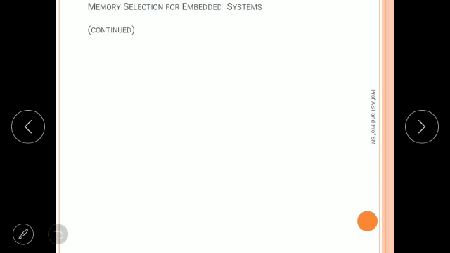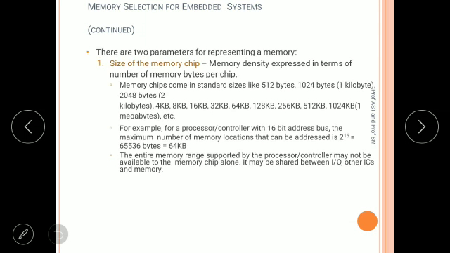There are two parameters for representing a memory: the size of the memory chip, and memory density expressed in terms of number of memory bytes per chip. Memory chips come in standard sizes as 512 bytes, 1 KB, 2 KB, 4, 8, 16, 32, 64, 128, 256, and so on. For example, for a processor or controller with 16-bit address,